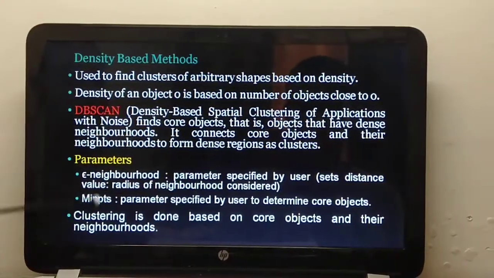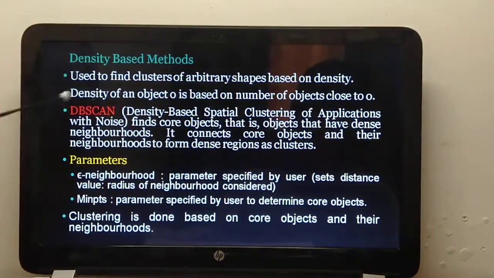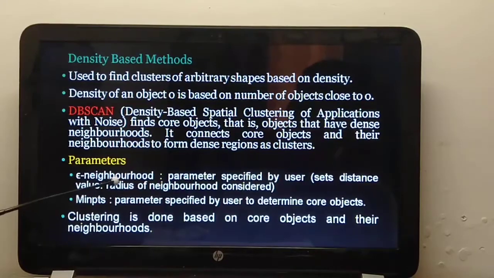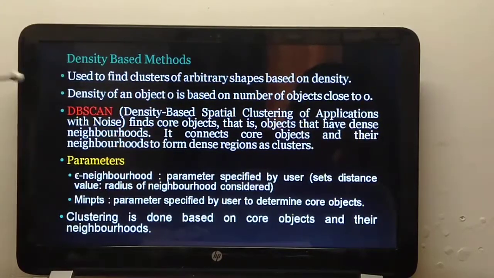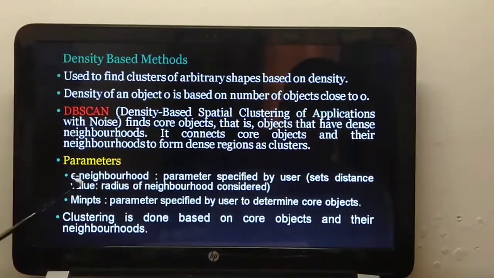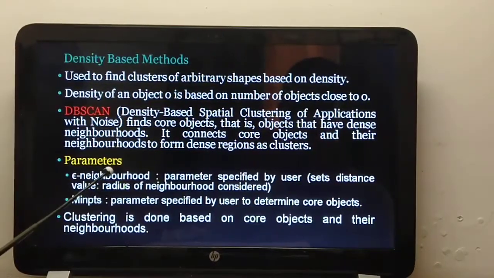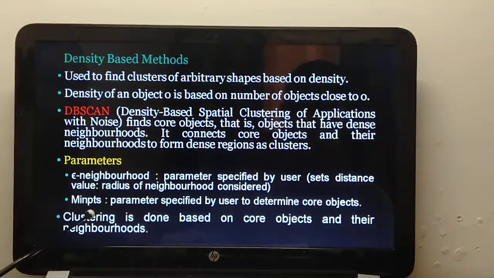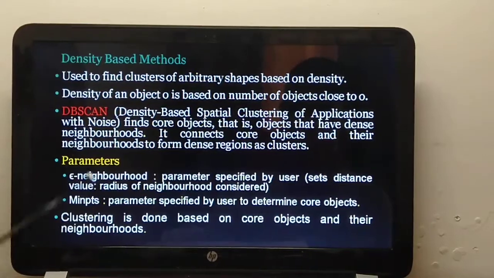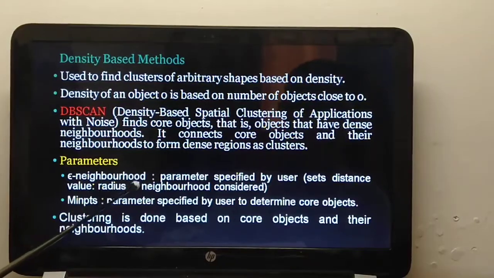Okay, now the parameters, this is important. Two parameters are required for dbScan. One is epsilon neighborhood. Now what is epsilon? Epsilon is simply like, if we say in our terms, it's the radius of the neighborhood that is considered. The maximum radius that can be considered is epsilon for a particular point to be considered a core object. That means if I am saying that the minimum number of points for a core object is 3, and I have epsilon is equal to 1 centimeter, then what I will do is I will take a point O